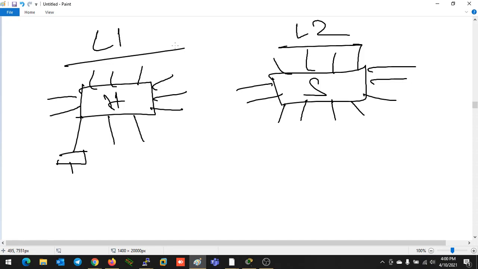As a layer 1 device, we don't have any protocol or anything to run on the hub. Simply, we have a cable that is connected somewhere and the data is replicating to other ports. But in layer 2, we have so many technologies and so many protocols to control our data communication. So how will the hub behave? If the hub receives data on any port, it will not check anything. It has no idea what to do. It will simply copy the data to all the ports.